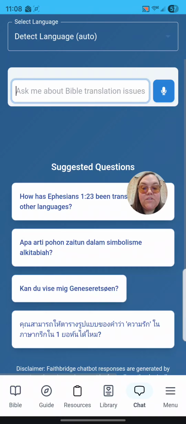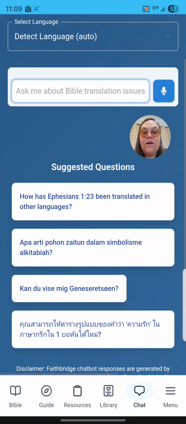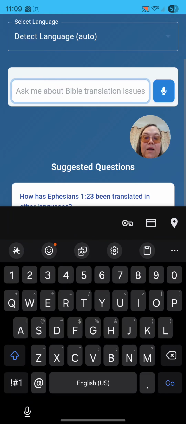And so maybe you have a translation question about a particular verse, or maybe you don't understand a certain concept in a passage. You can ask those questions here. And so it gives suggested questions like, how has Ephesians 1:23 been translated in other languages. So like if you're in Genesis,